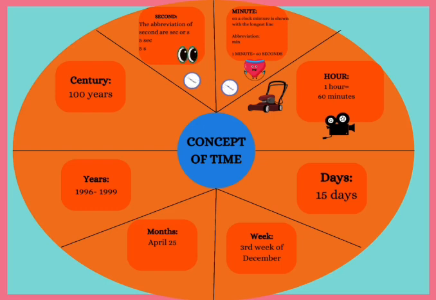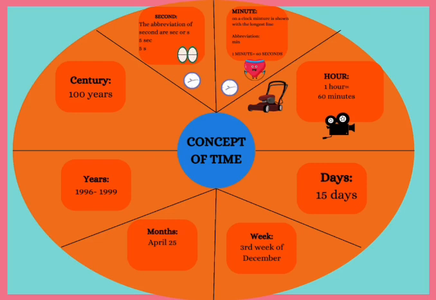And minute on a clock is shown with the longest line, and its abbreviation is min, and 1 minute is equal to 60 seconds. And with the hour, hour is something that you can do, for example, in a morning in your yard, or even watching a movie is equivalent to 1 hour.